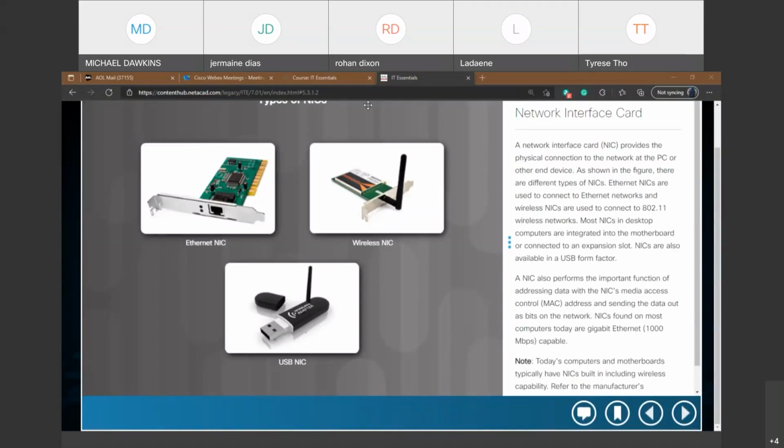So that video is a very clear introduction to how the network operates and the devices. All right. So looking at